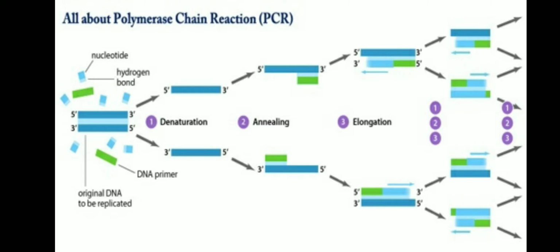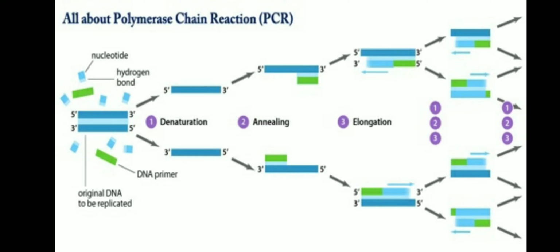How does elongation occur? The DNA polymerase enzyme helps to synthesize the nucleotides and form another strand of DNA. Now from one double stranded DNA, two double stranded DNA are formed using PCR. A thermal cycler machine is used in this process. In this in vitro process, we multiply the DNA in a few seconds. The process repeatedly occurs: denaturation, annealing, elongation, and several copies of DNA are formed using PCR.